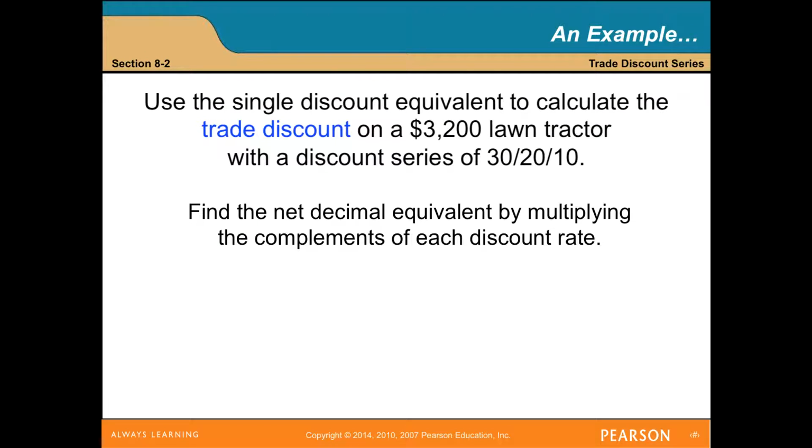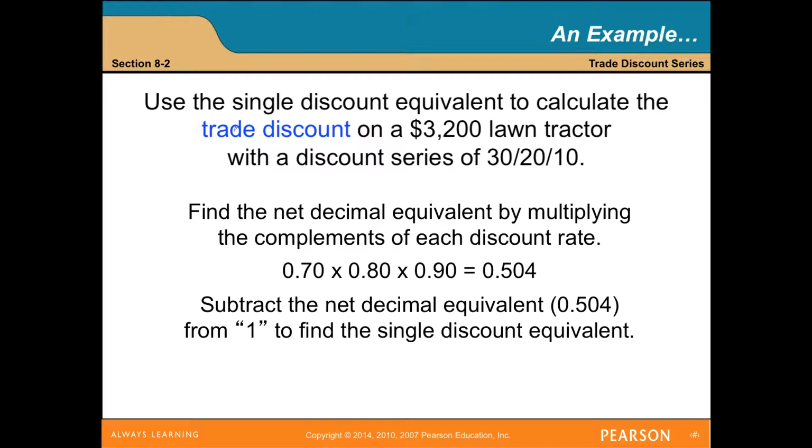Find the net decimal equivalent by multiplying the complements of each discount rate. So here we have 70, because 70% plus 30% equals 100, 80% because 80% plus 20% equals 100, and 90% because 90 plus 10% equals 100. So then we multiply 0.70 times 0.80 times 0.90, which gives us